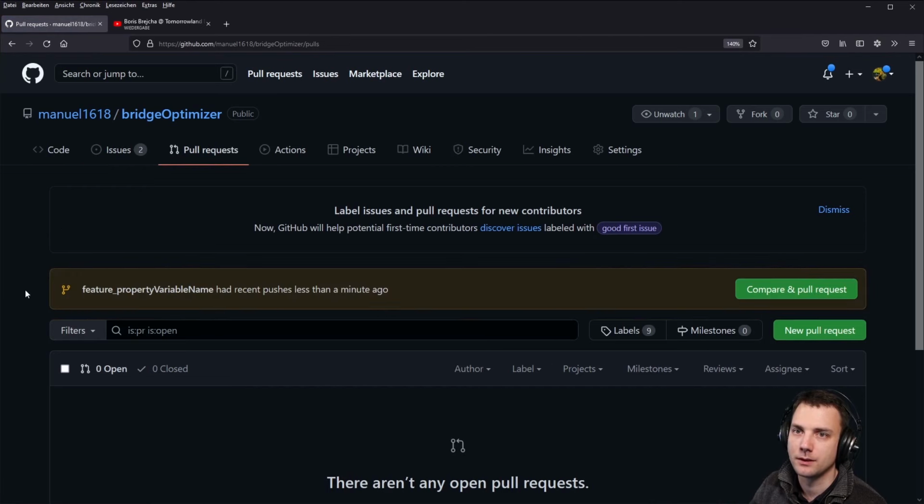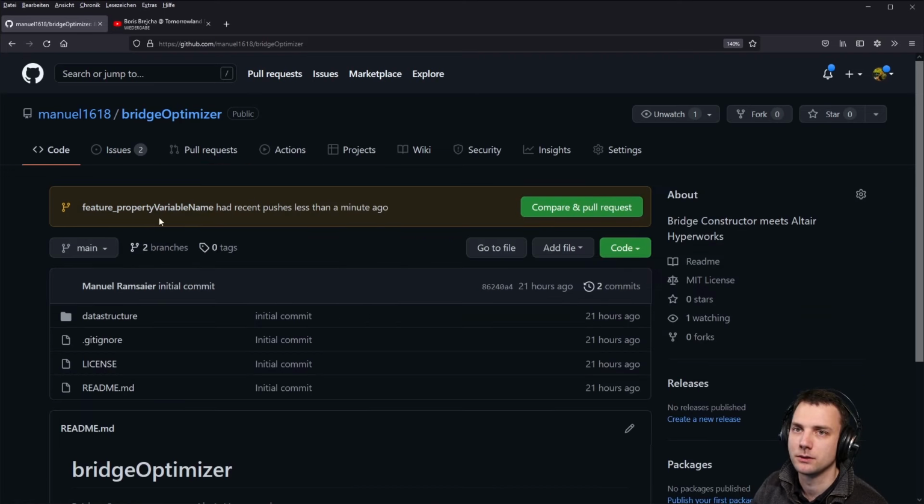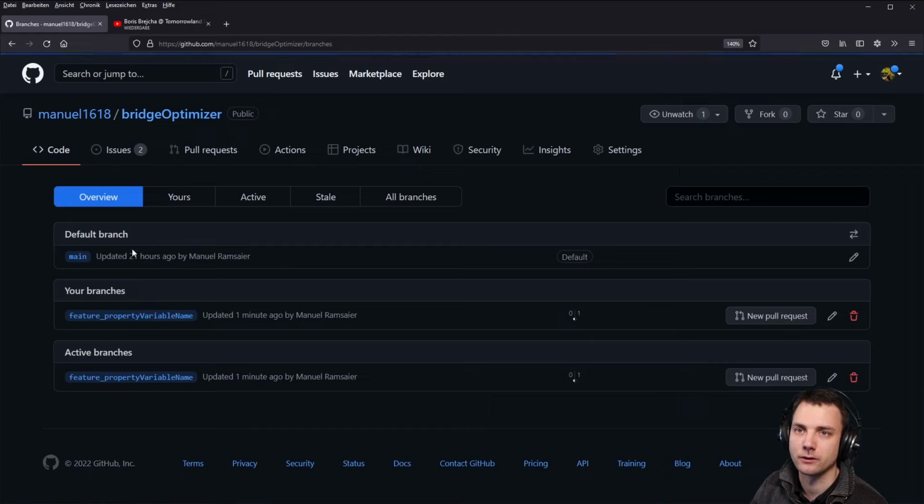Here, in pull requests, you can already see you have a feature branch. You can also see that under branches, I think. Here, you have 2 branches: the default branch, my branch, and active branches. Okay, so you have your branch and